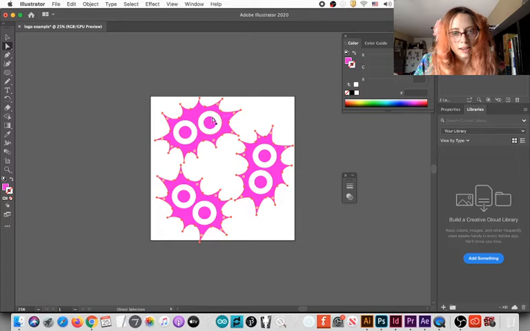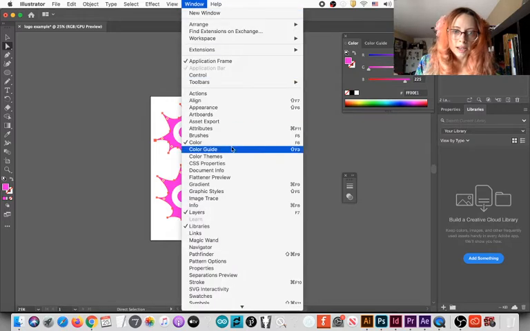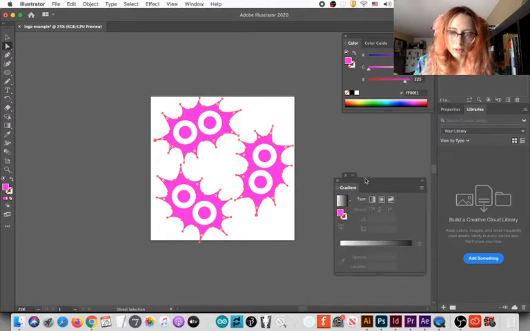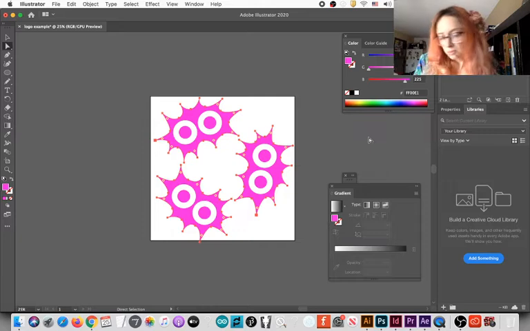Now I can see that all the pink shapes that I have on my canvas are selected. I want to change their color to something more interesting and bizarre. How about a gradient? Let me pull out the gradient tool. You'll see the gradient tool also on Photoshop and basically any other software.